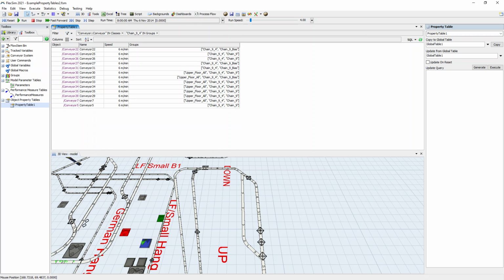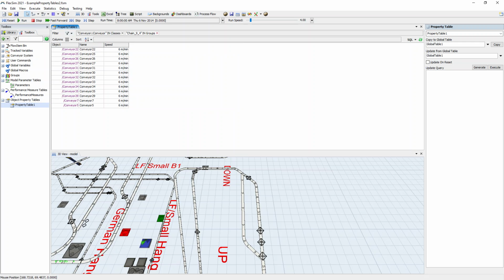And then I can say, okay, well, all objects in this group, I want to have a speed of 7 meters per minute. And I apply that to all. If you've got multiple pages worth of objects, you can click on the top and it will select all of the rows of that set. So then you can set the speed on all of the objects. Another column that's useful is